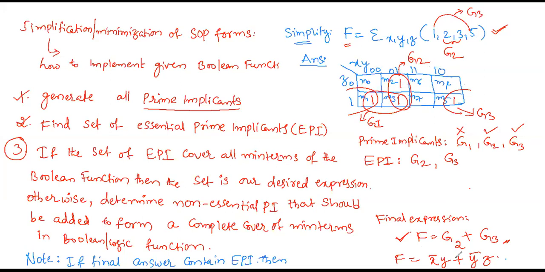First you have to form the groups, then from the groups you have to find which are essential prime implicants. Then in the final answer you have to write the essential prime implicants. And again you have to check whether these prime implicants cover all the minterms in the given expression or not. If you have any doubt, ask me. Otherwise, we'll go on to another problem. Okay, going to the next problem.